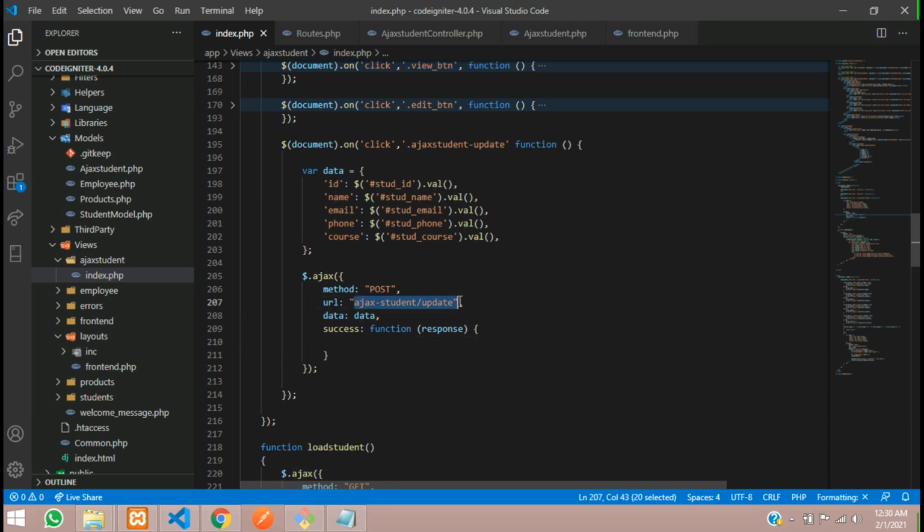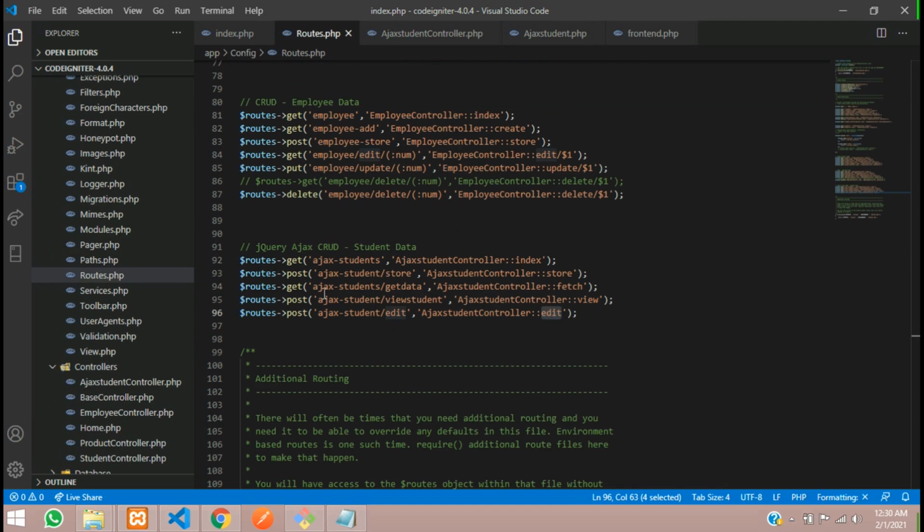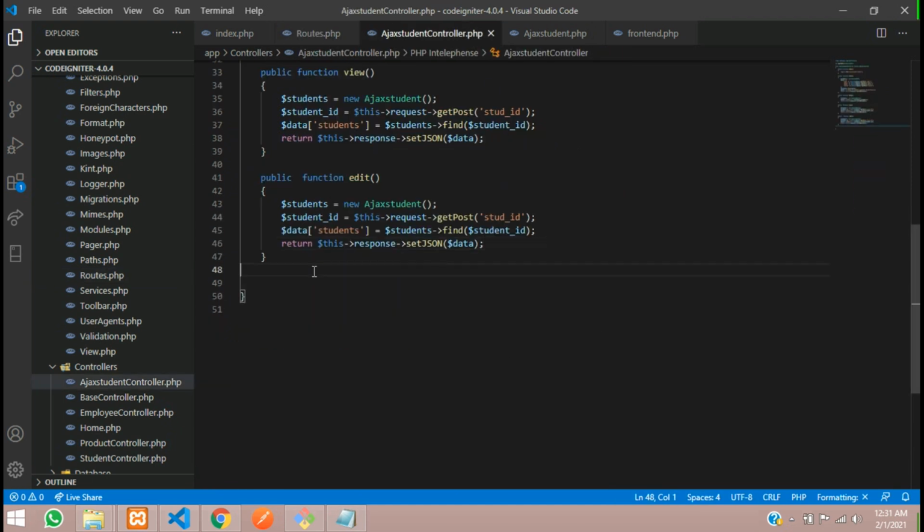Let's copy this name, URL, and create a route. We are using post method, so let's create route called post, and inside this pass this, and let's go to our same controller called Ajax student controller, paste, and let's create a function called update into our student Ajax controller. Let's move over there and create the function. Now